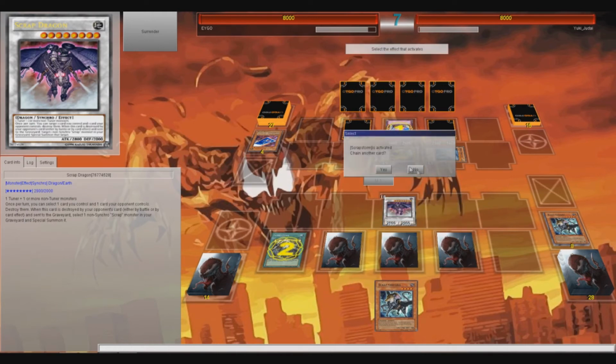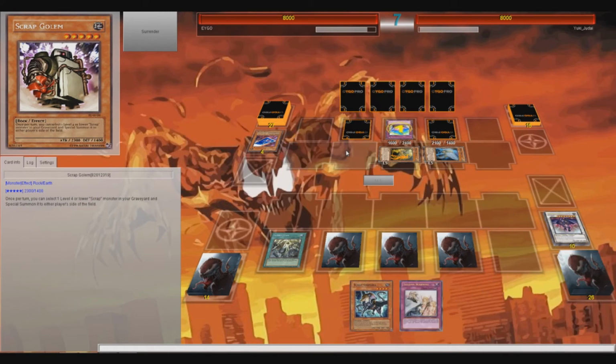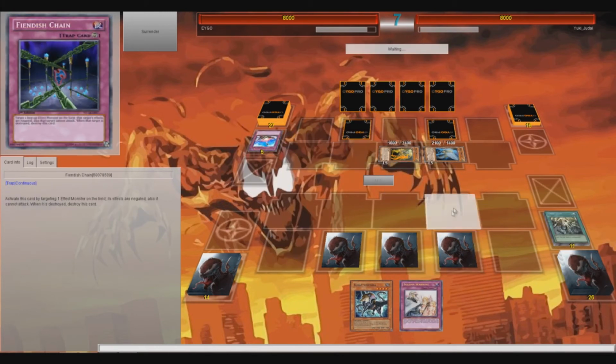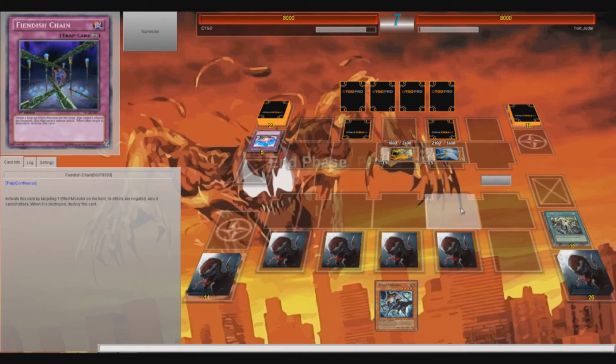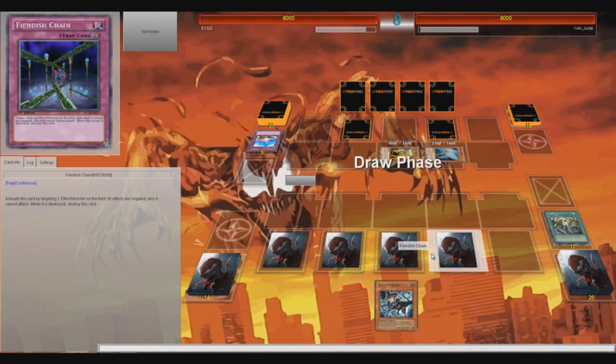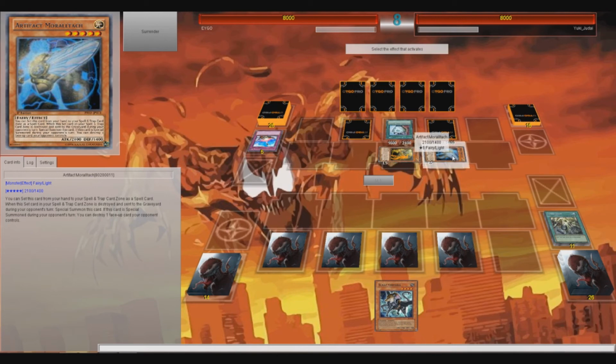We'll dump a golem into our graveyard, because we're not gonna get a revival anyway. We get a warning off of Scrap Storm, that's not bad. Oh my god. And the funny thing is he has like two back row, or two of these cards, and